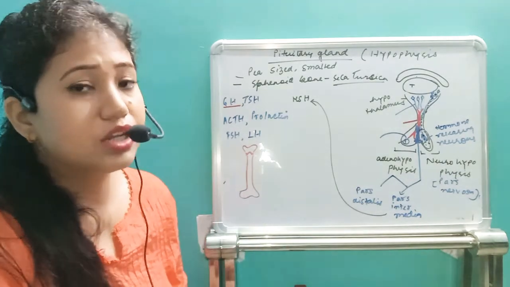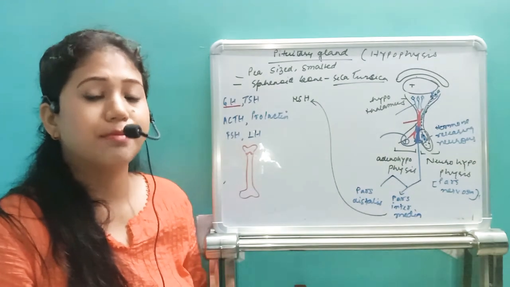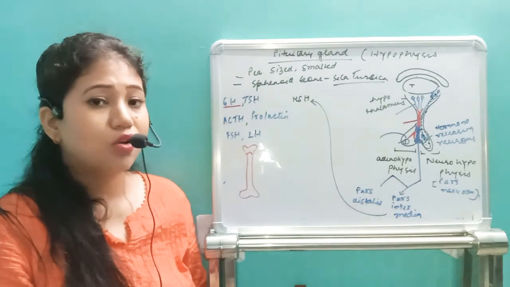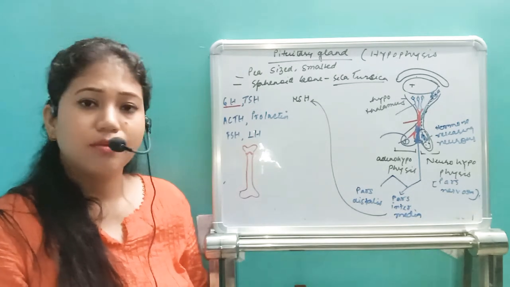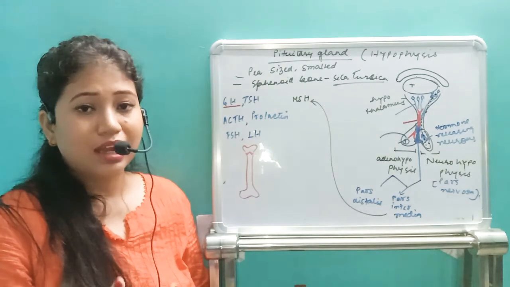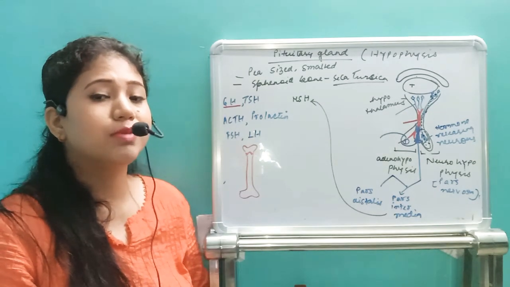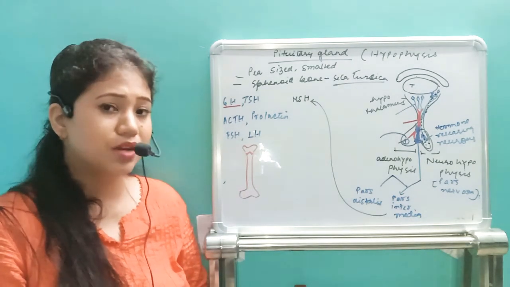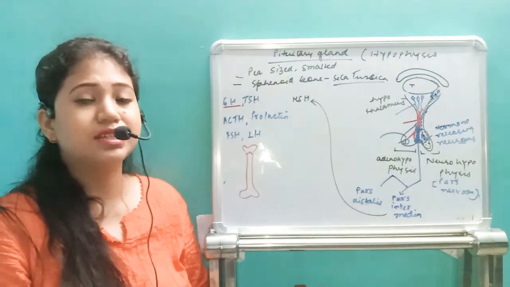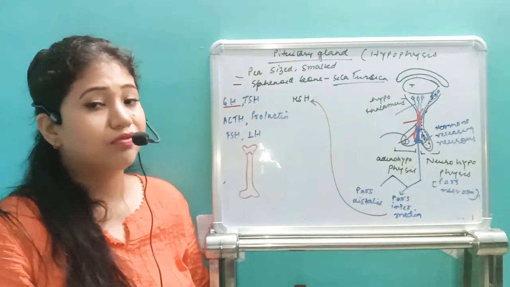So pars intermedia releases only one hormone, which is a part of the adenohypophysis. It releases a hormone called MSH. MSH stands for melanocyte stimulating hormone. It will cause darkening of the skin. Melanocyte, you know what is melanin? Melanin is a pigment which causes the darkening of our skin, which is the skin pigment. Now, this pigment is released by a cell called the melanocyte. That melanocyte is present in our skin and is stimulated by the melanocyte stimulating hormone, but it does not have any function in mammals.